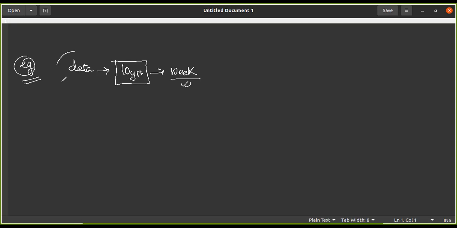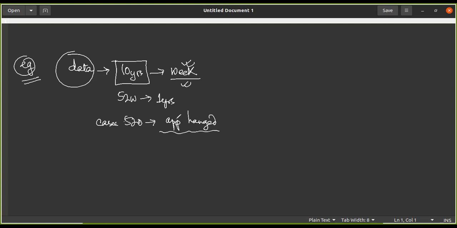So maybe I have the data for the last 10 years, and at the granularity of each week, I have this kind of problem. How much data do I have? There are 52 weeks in a year, so in 10 years I have 520 such cases where my app has hanged. Why is this app hanging a problem? Because if my app has hanged, then I have not got the notification of that patient at the right time, and maybe there was a delay in bringing the patient from his address to the hospital. So that is why this is a concern for me.